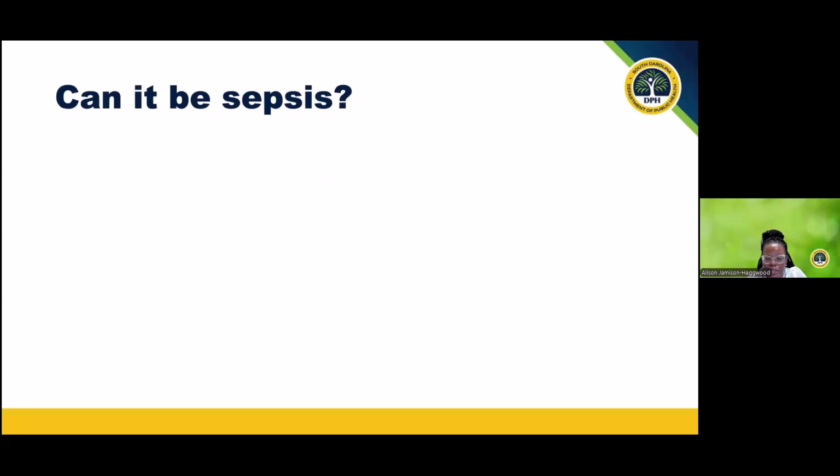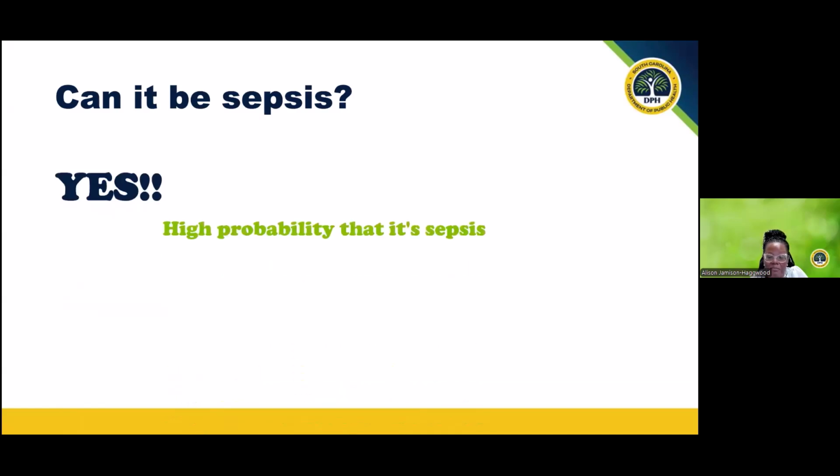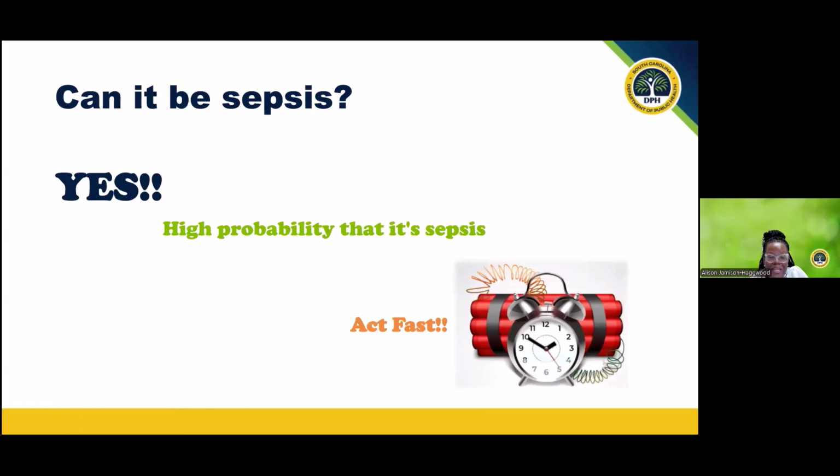So let's go back to the question asked in the presentation title. Can it be sepsis? Maybe or maybe not. So yes, it can. It's a high probability that it is sepsis. You need to make sure you're acting fast, and then don't forget the impersonators. Remember that time is of the essence when the patient is suspected of having sepsis. Healthcare providers should utilize your facility sepsis program and other tools that you have in your arsenal to provide rapid